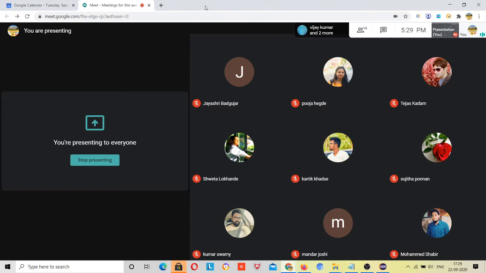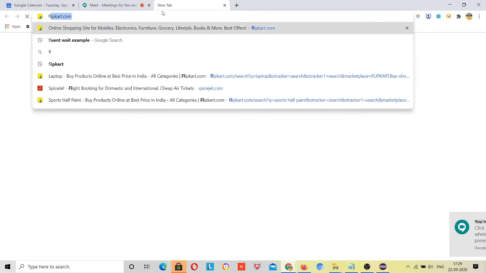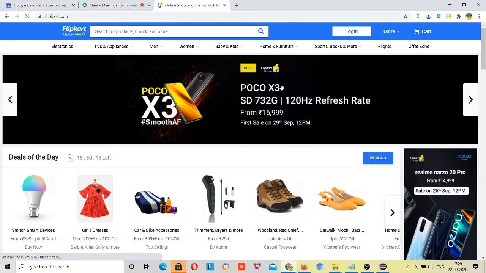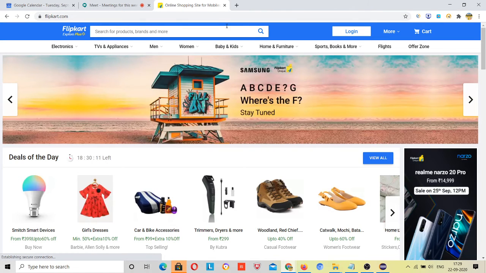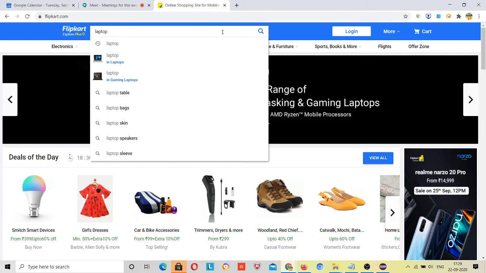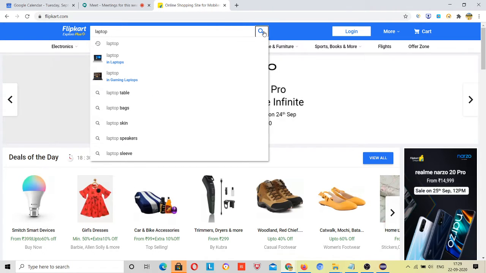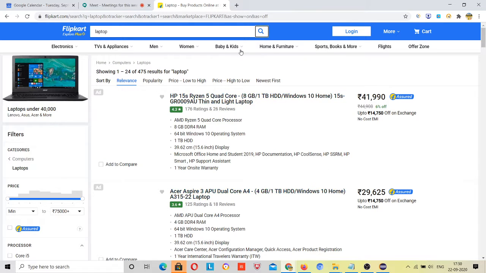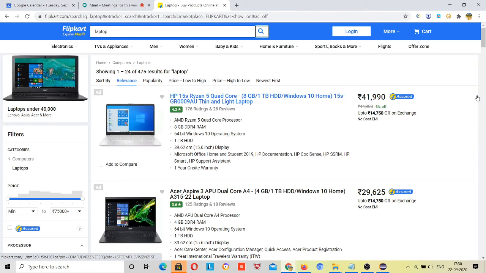Suppose I am here at flipkart.com, and I search for laptops and press enter. See, the data is loaded now.